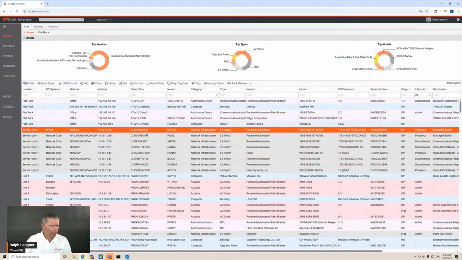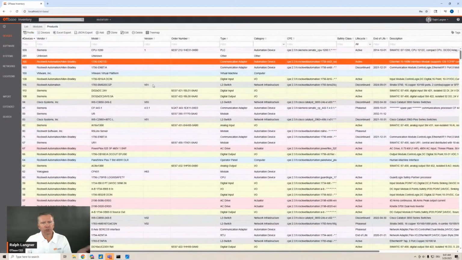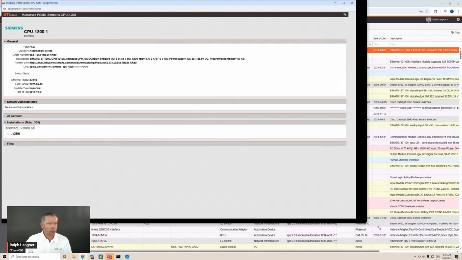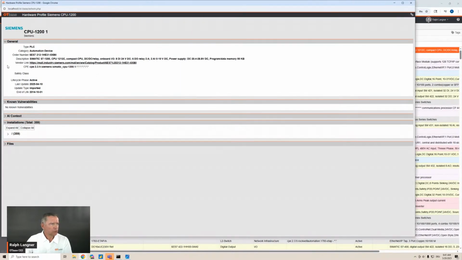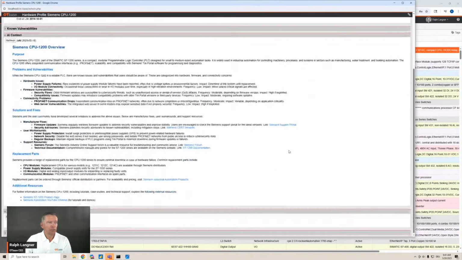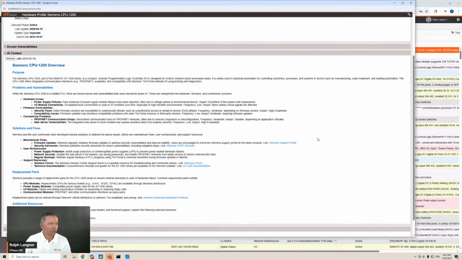OTbase already gives you the technical description or the product description of a given product that you are using. It also gives you the vendor link, right? So all of that is already included in OTbase. Well, but sometimes you might want to know more, and then the AI context gives you what you're looking for,